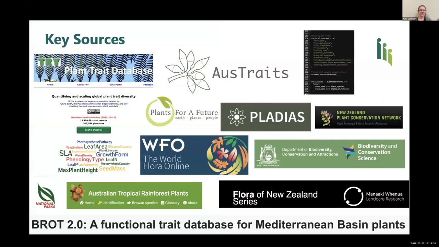With the 70 species, I used a range of global and regional databases and flora and other sites. My main database that I started with was the TRY plant trait database. This is a global trait base that synthesizes a bunch of other databases and data sets. So it's massive, and that was super useful, but it also left me with a bunch of gaps. So I used some regional databases like Austraits, Sprott, Plateus database, Plants for a Future, a bunch of different flora, and I also made a couple of genus and family-wide generalizations about fruit type.